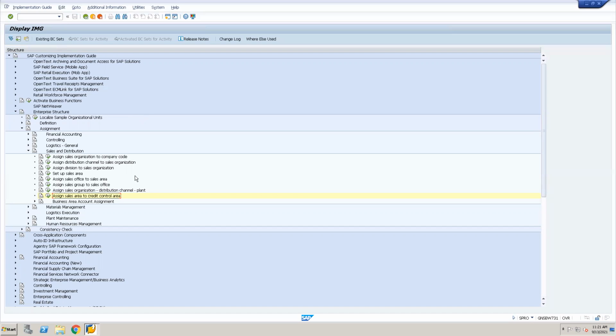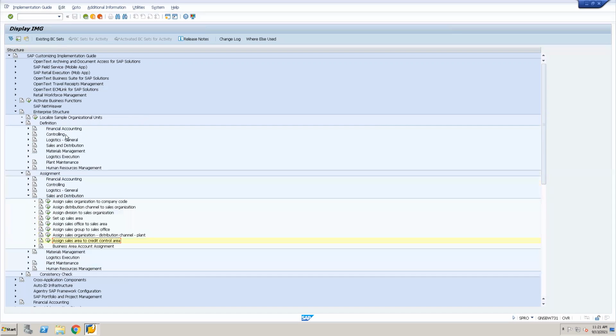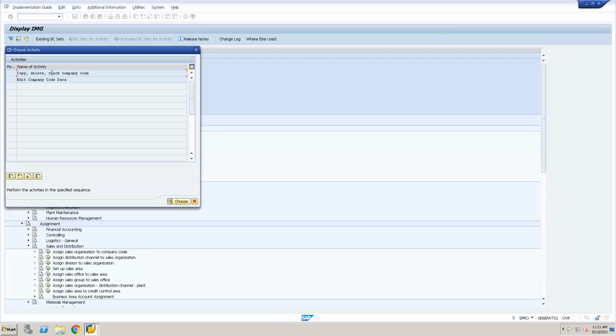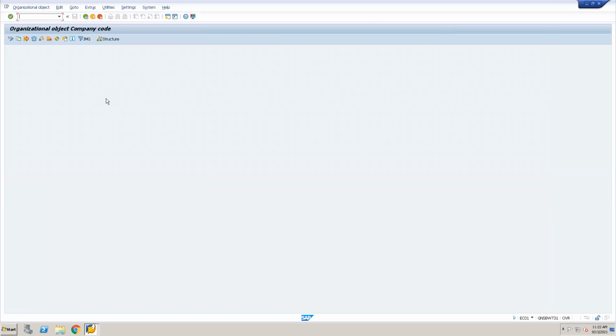Now, regarding risk categories, we have seen them in the definitions while defining the credit control area. Here also there is a risk category. So risk category is one criterion for maintaining the credit